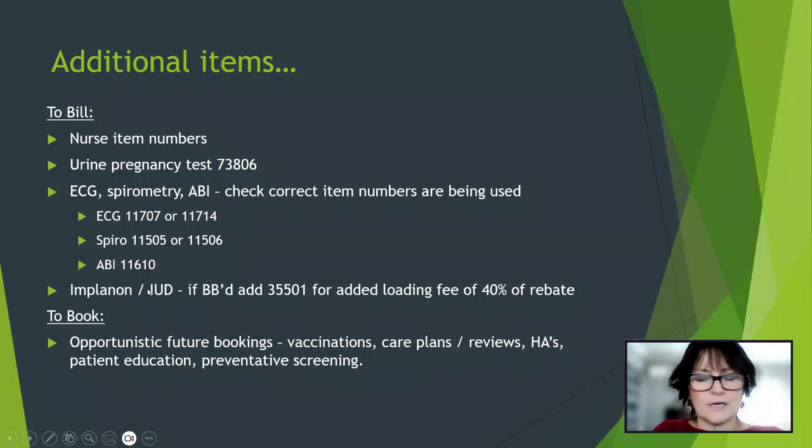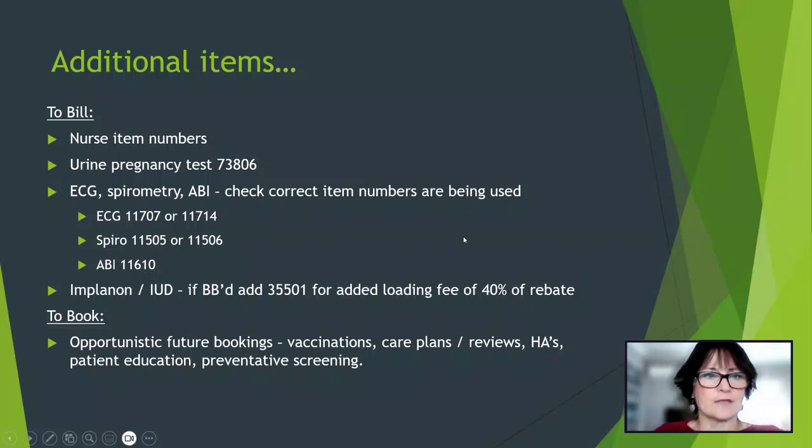And incidentally, if your practice does the Implanon and the IUDs, if you're bulk billing for that service, then you can add that item number onto it as well to increase the loading fee and the rebate. So that's where the MBS AusDoc quick guide one is really good, because it does include a lot of these little bits and pieces of information that you may or may not be aware of. Probably not aware of them if you haven't heard that before, but it's really good to make sure you're staying on top of the things that you can claim for,